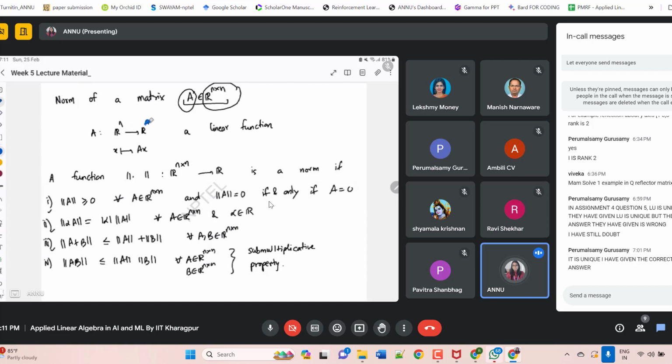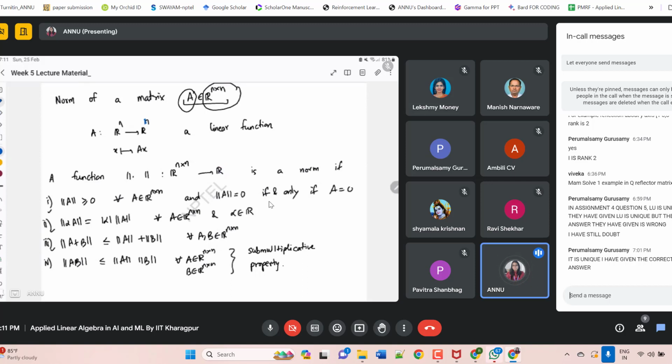let's see, it depends actually. We will see they will have various functions, R power n to R, also R power n to R square. Because the norm of a matrix is giving you a single value. It varies, okay? Anyway, the single value should belong to R. It is not a vector. If it is not a vector, then it should belong to R. We will see there are some typos. Okay, here it is covered. This is R only.